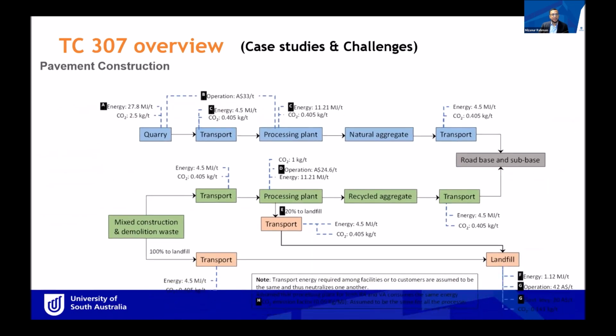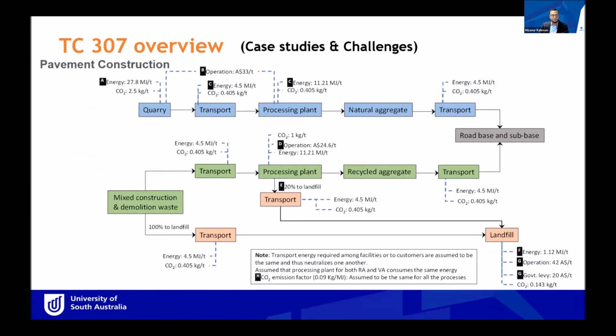Now, over here, I have a flowchart of measuring sustainability index, particularly those 3 pillars. One is environmental benefit and the economic benefit. So for example, if we are constructing a pavement using virgin quarry material, when we quarry this material that needs energy and produces carbon dioxide as well, then we transport this material to the processing plant. Transportation has some cost, processing has some cost, then this material is transported to road construction for road base